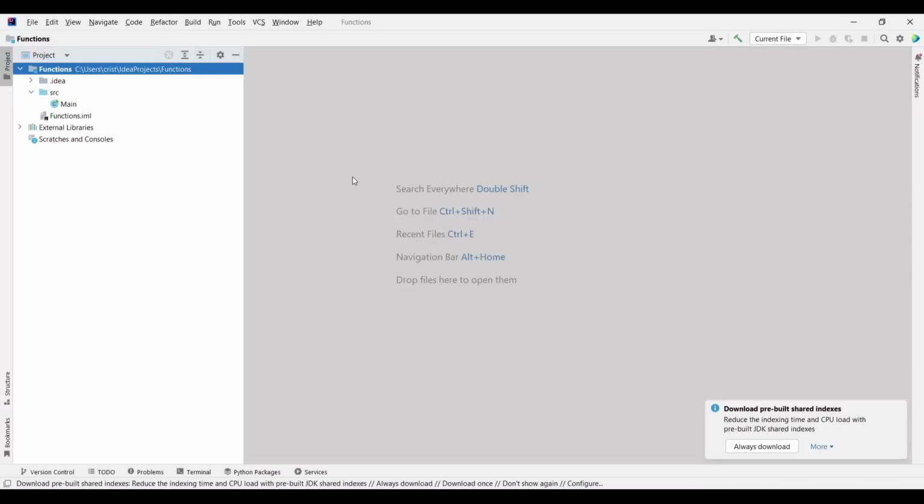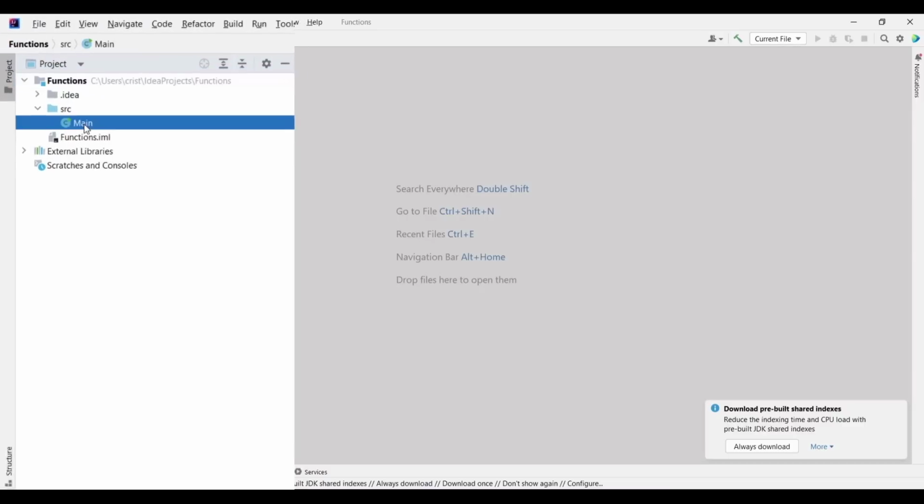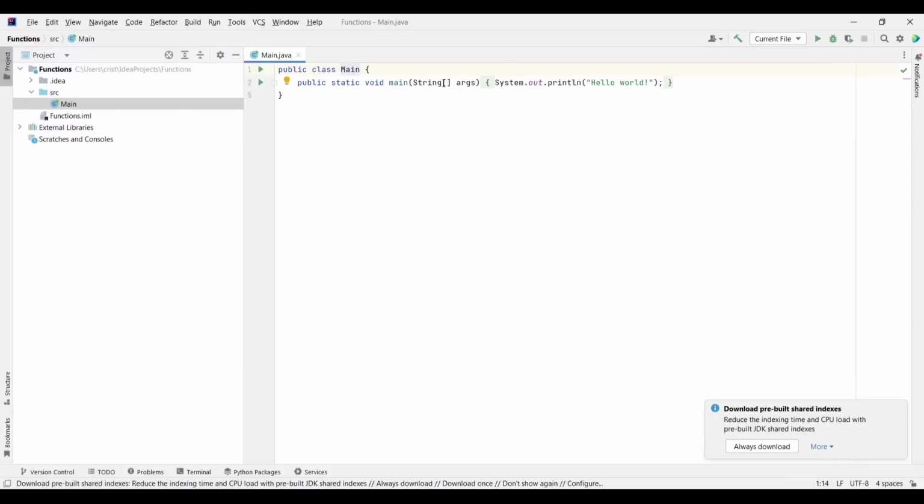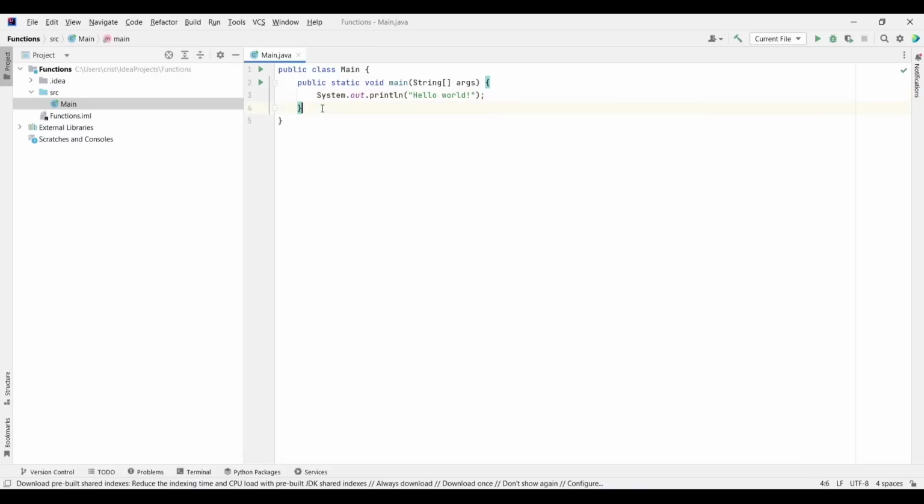Alright, now our project was created. Now let's open the main class, so double click on the main here inside the src folder. Let's bring this down. And now let's talk about functions. So what are functions? Functions are a line or lines of code which are grouped together to do a specific task. And so far in our videos, we already dealt with functions.